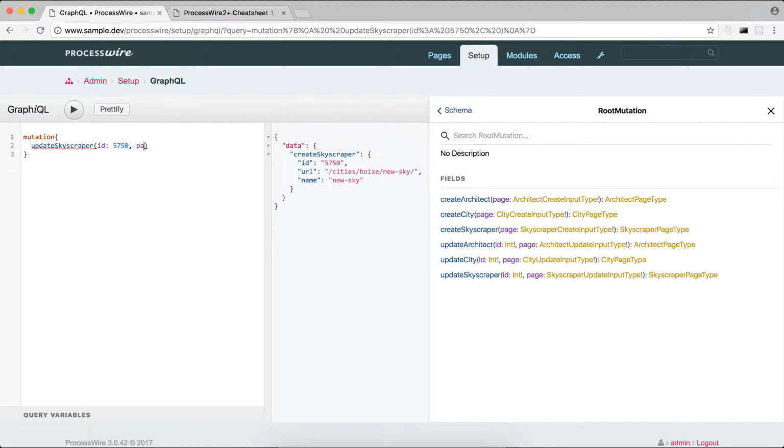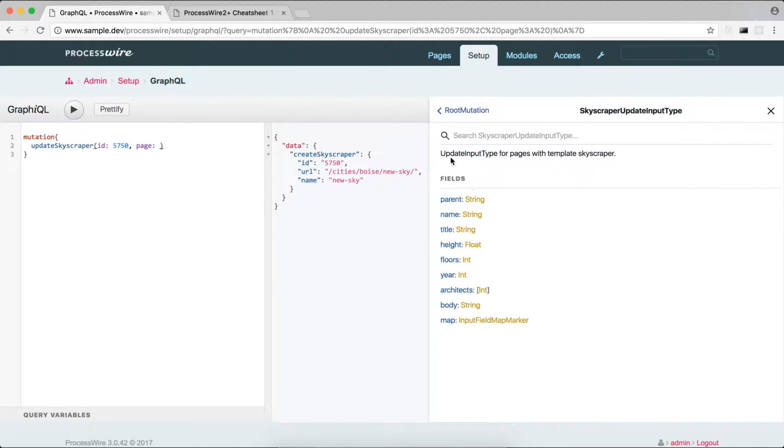And the page, that is pages with the template skyscraper. So these are the fields that you can update. We're just going to populate the fields that we didn't when we created the page. So height, floors, year 2017, but also